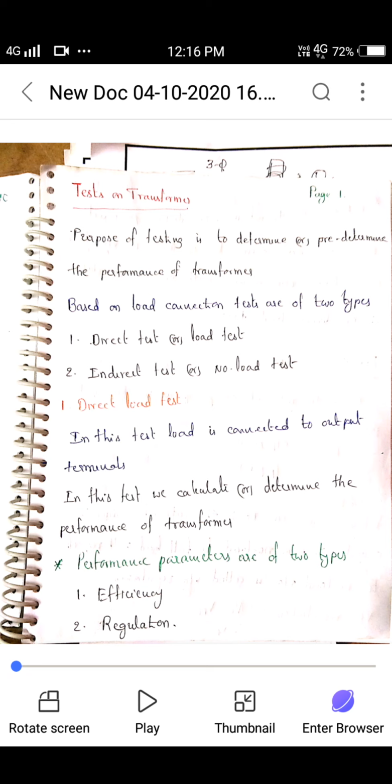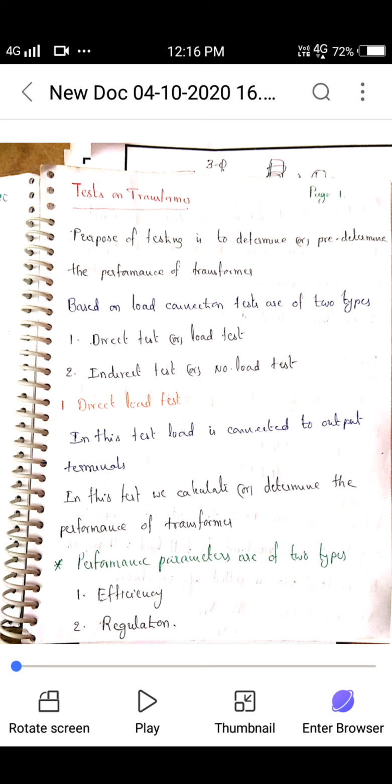Now the basic tests on any device, any machine, are of two types. Those are direct test or load test, in some machines we can call it a brake test, and indirect test or no load test, without putting load. Welcome to direct test. Here by putting load we can determine efficiency and voltage regulation. We will calculate here,